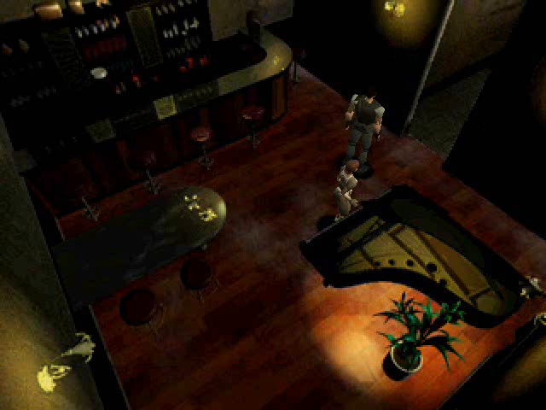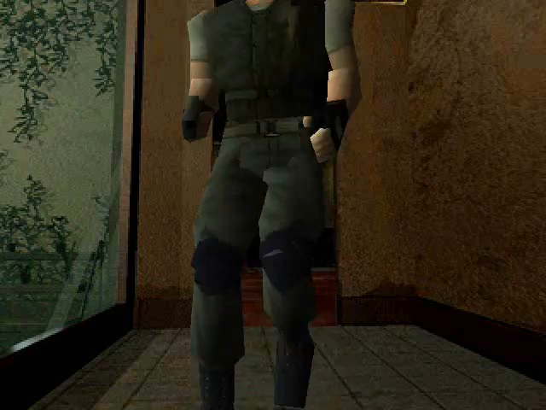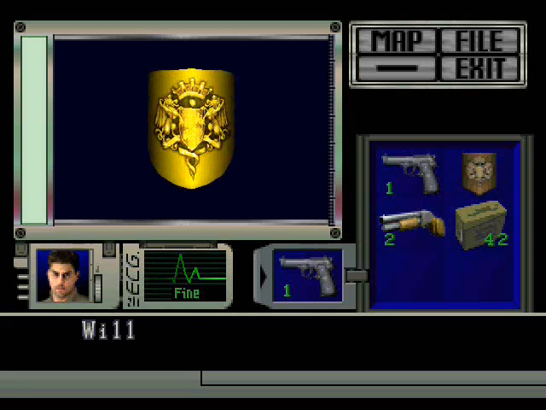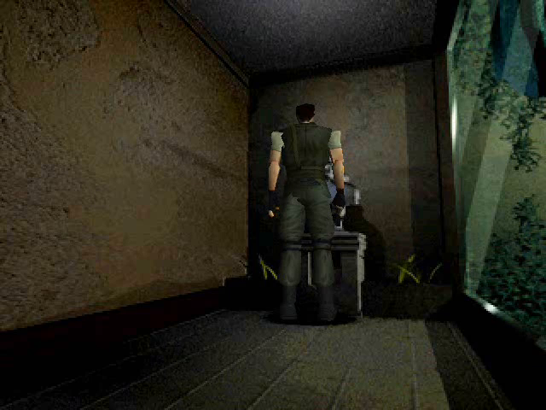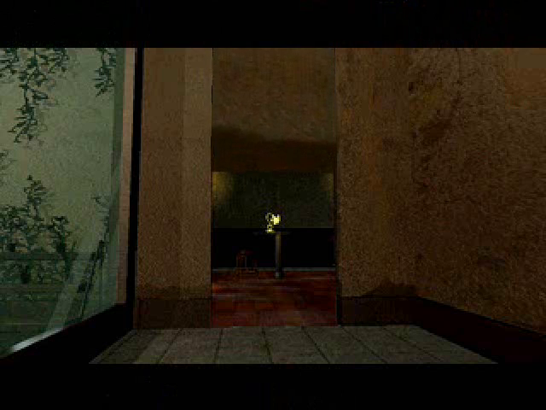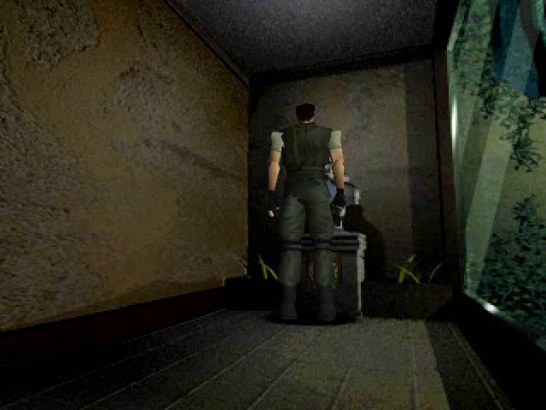Alright, now we're gonna go trade out some emblems so that we can get the shield key. Let's go ahead and look in here. Now, if I'm correct, it will say that Rebecca is staring blankly at the door if you go and press on her again, if I remember correctly. It's been a while since I've done Chris's scenario, so...